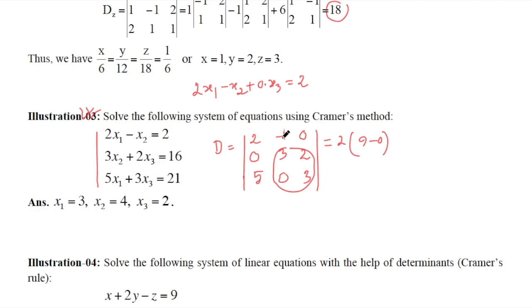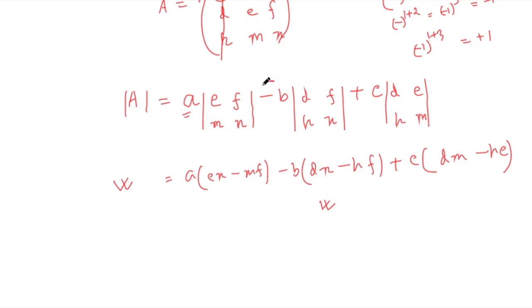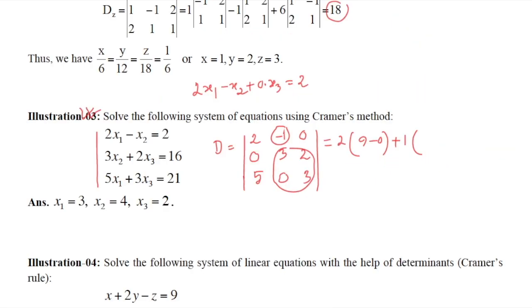Now minus, if it is negative 1, then it will be positive 1, because in the definition you have a negative sign before b, and here b equals negative 1, so it will be plus 1. So the submatrix will be 0, 2, 5, 3. 0 into 3, 0, minus 5 into 2, which is 10,